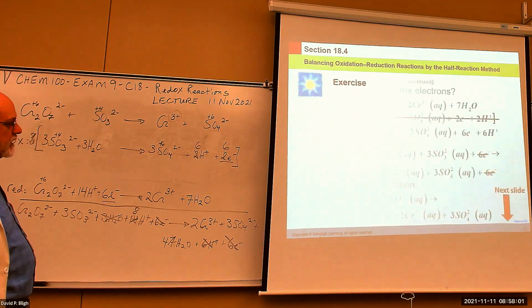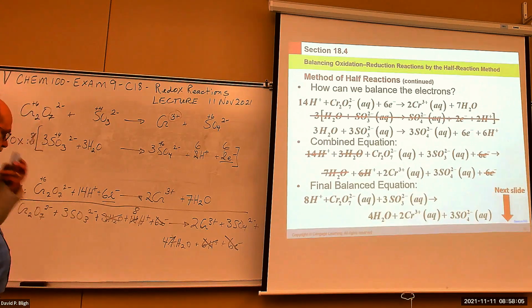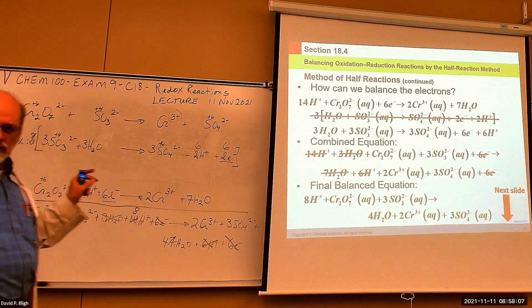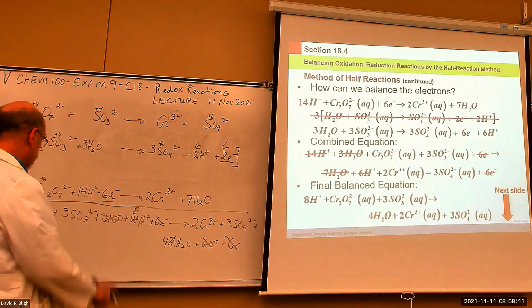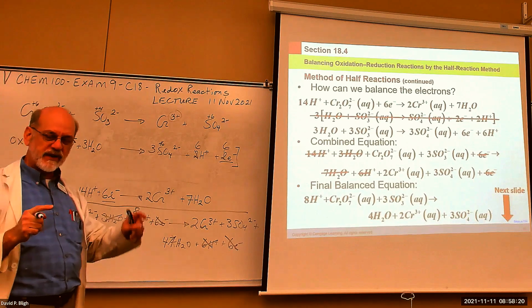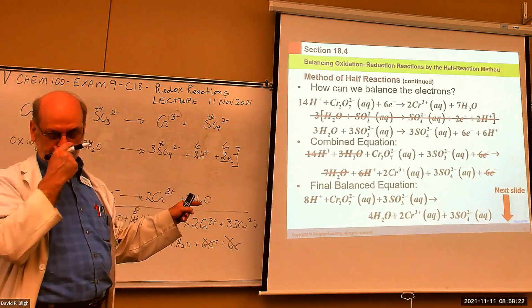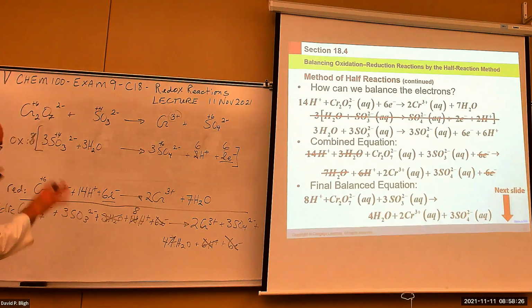Okay. I know it's a lot of work, but what I'm going to do now is, since we already have this one on board, this one is in acidic solution. Suppose we know that this reaction takes place in basic solution. How do you deal with that? Once you get to this point,